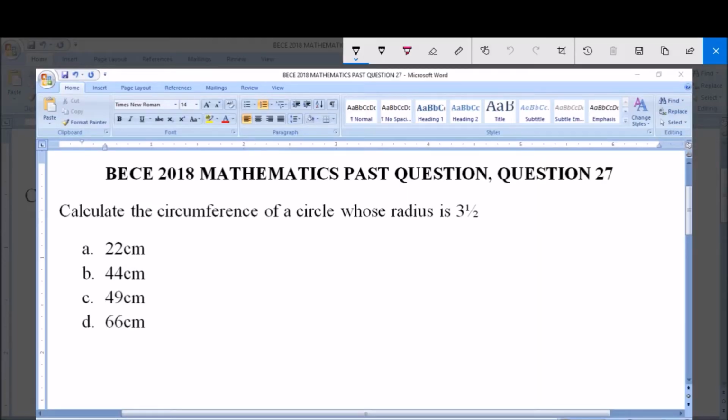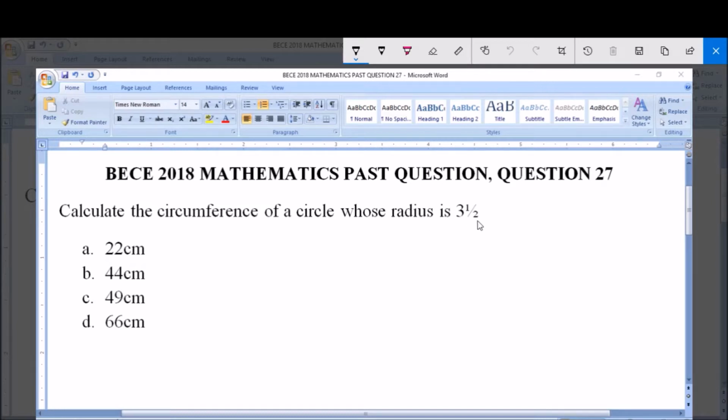Today we're going to be dealing with BECE 2018 Mathematics Past Question 27. Calculate the circumference of a circle whose radius is 3.5. A 22 centimeter, B 44 centimeter, C 49 centimeter, and D 66 centimeter. So we have to calculate the circumference of a circle with radius